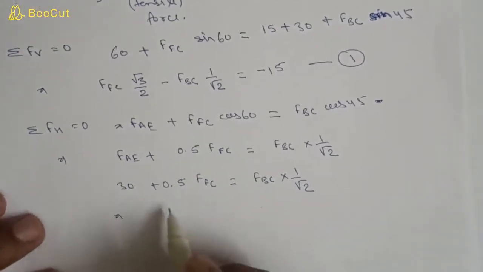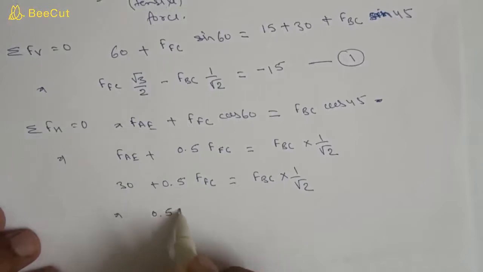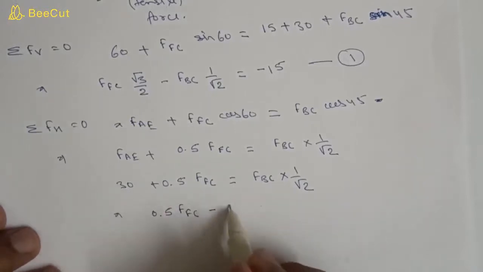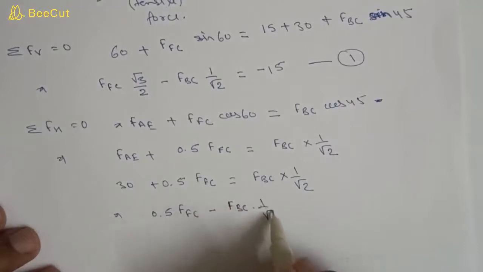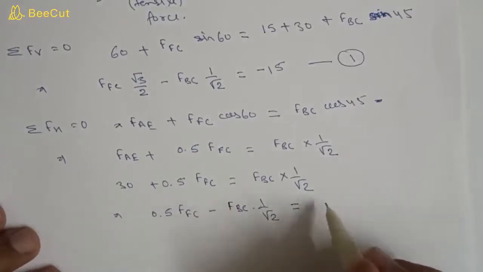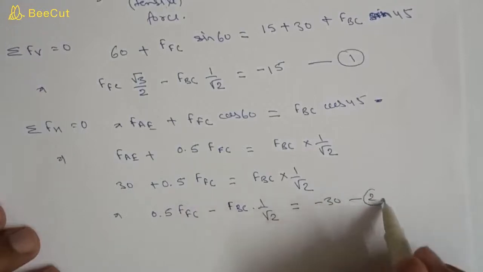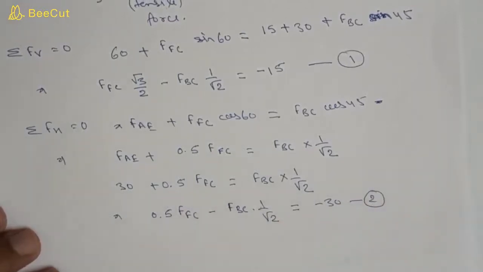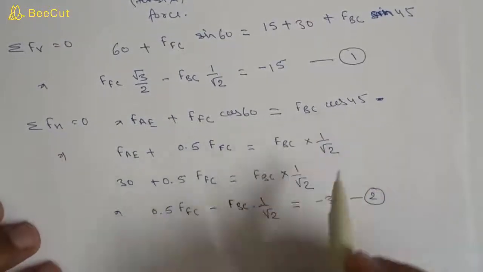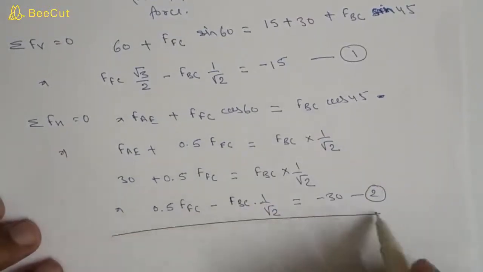Or we can write 0.5 FFC minus FBC into 1 by root 2 is equal to minus 30. This is equation 2. If we subtract equation 2 from equation 1, then we will get